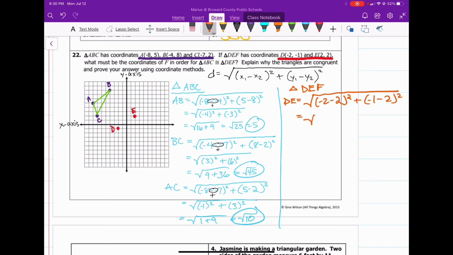That's going to give us negative 4 squared plus negative 3 squared, which is 16 plus 9, which equals 25, and the square root of 25 is 5. So we actually know that D to E is the same distance as